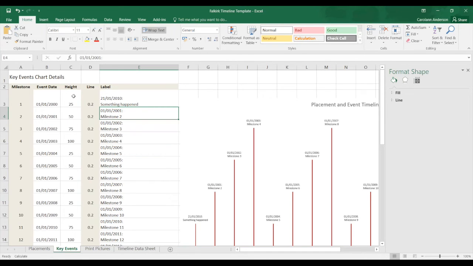The height column relates to the height of the event lines on the chart, and the line column relates to the thickness of the lines. Please note, the heights have no relevance within the chart.